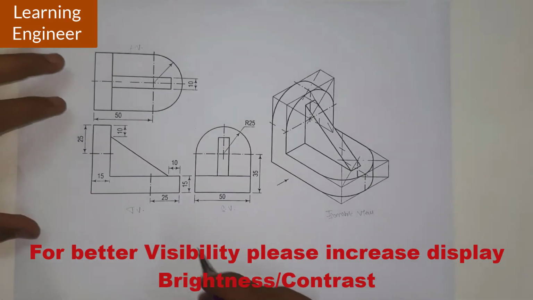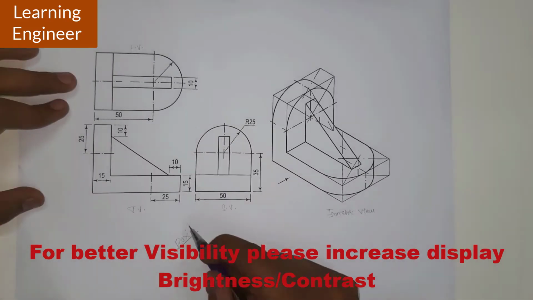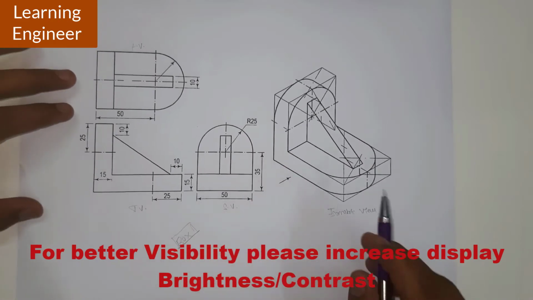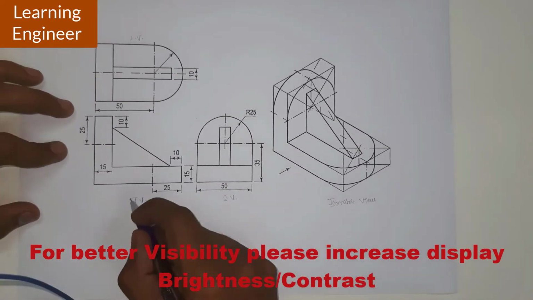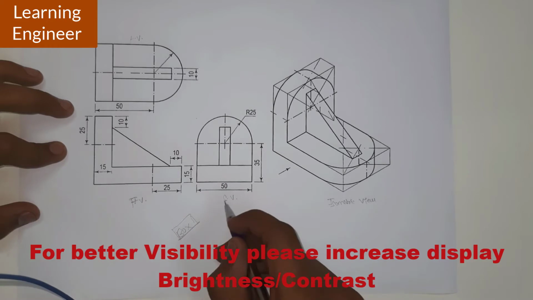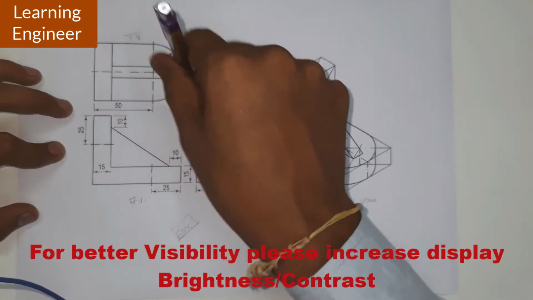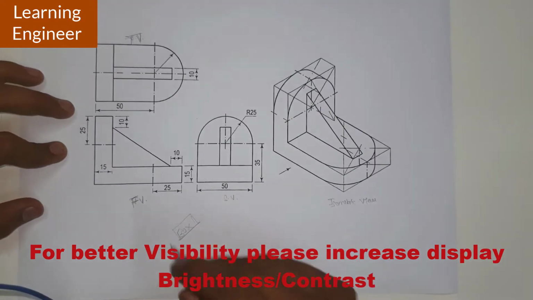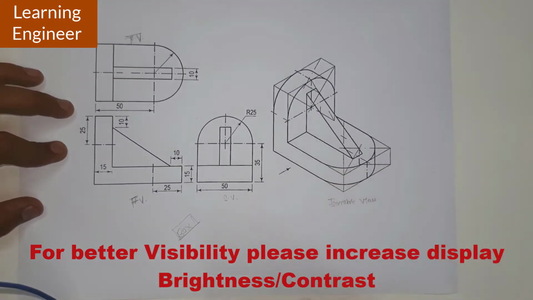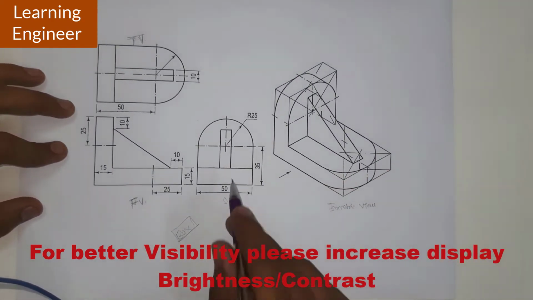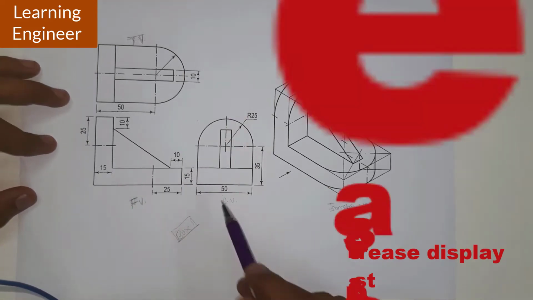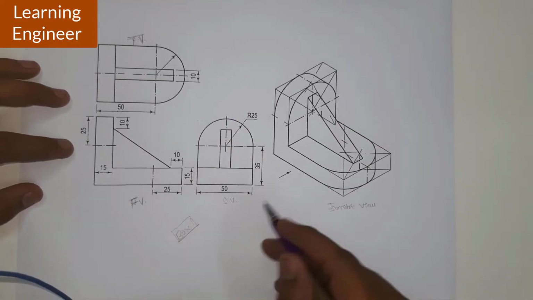So the first step is to go for the box. The box size will be over here. This is our front view, this is our side view, and this is our top view. When we see from the top, we get this particular surface. The front view will come below and the top view will go on the upper side in the third angle method, and the side view will always lie on the left or right of the front view. So we will go for the box.